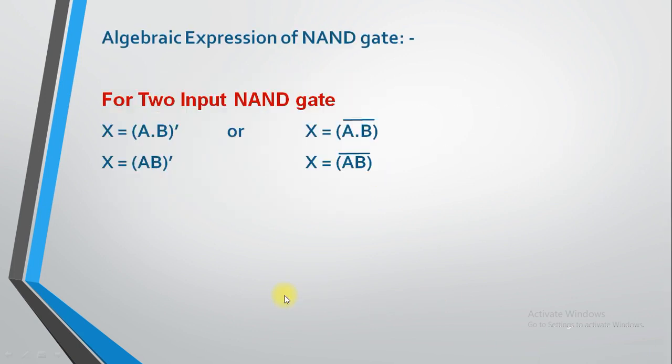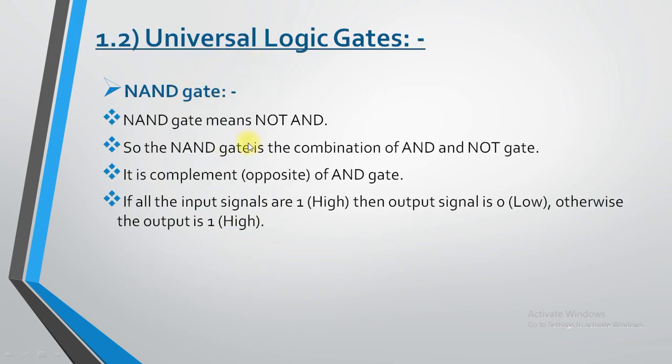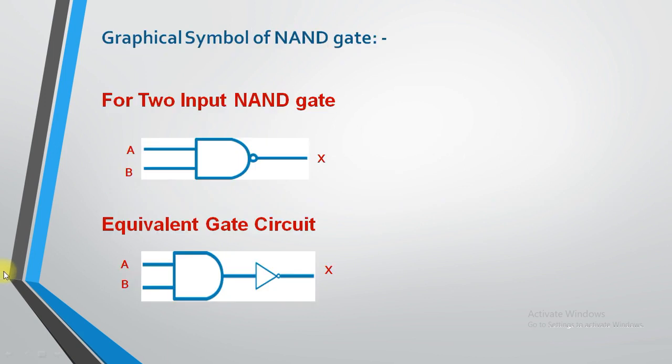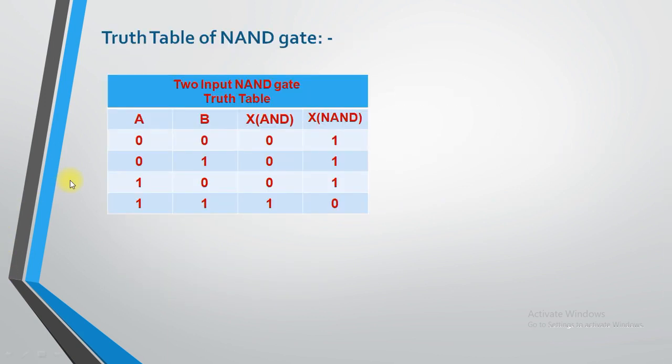Now let us switch to the theory of the NAND gate. If all input signals are high, then the output signal is low. Otherwise, the output is high. If you don't understand how to write the table of the NAND gate, you need to learn all the 3 basic gates. You can form any complicated circuit using basic gates. So compulsorily you need to refer to the truth table of the AND gate, the truth table of the OR gate and the NOT gate, right?